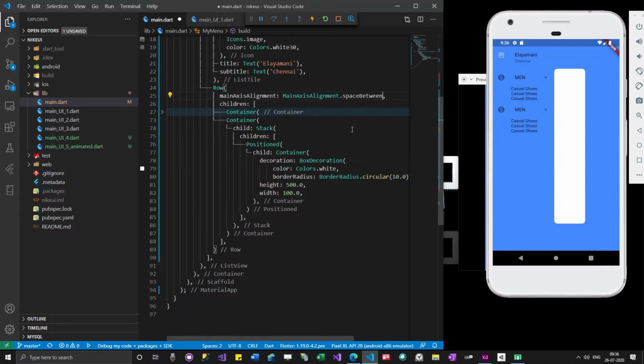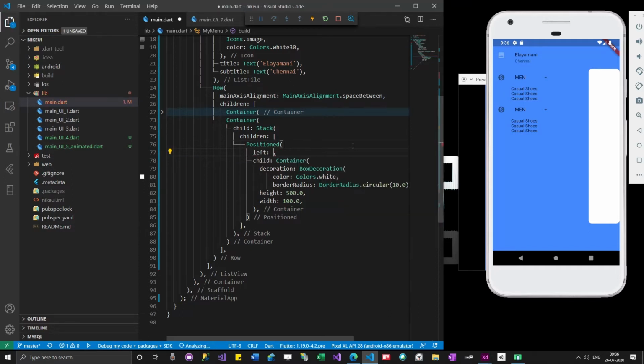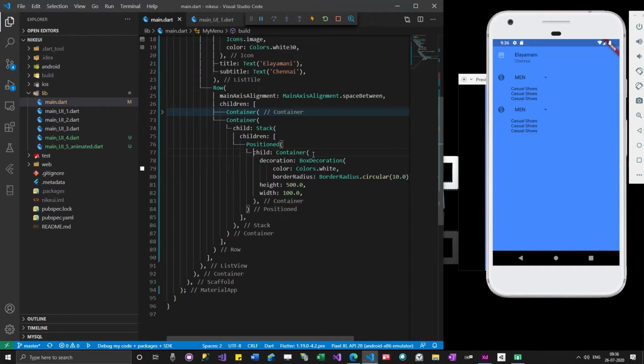So when I'm specifying this left, this is going off. Let me do one thing. I'm trying to bring it back to the screen actually.